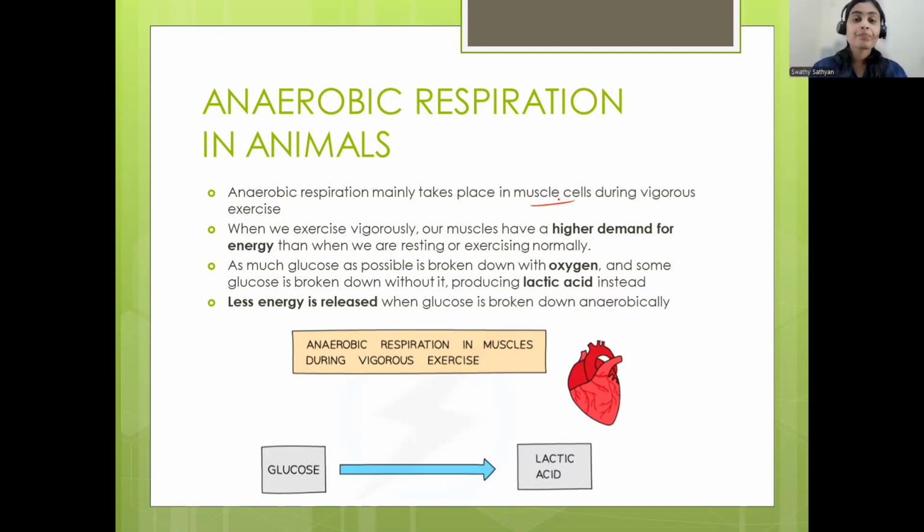occurs. Why? Because there will be a condition called lack of oxygen. Lack of oxygen occurs when we are doing vigorous exercises. So in that case also respiration has to be done. Even if we lack oxygen, respiration has to be done, right? So at that time, what happens is glucose in the absence of